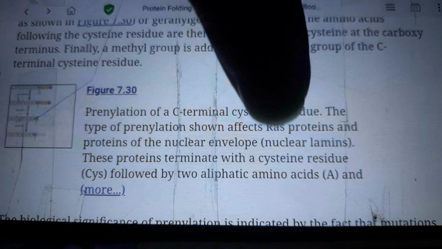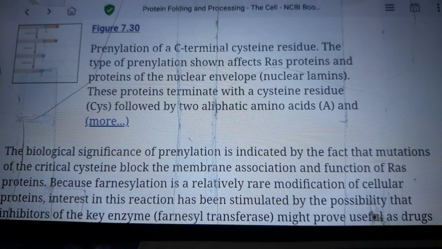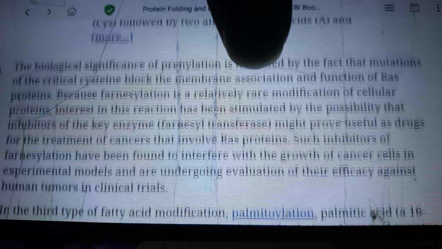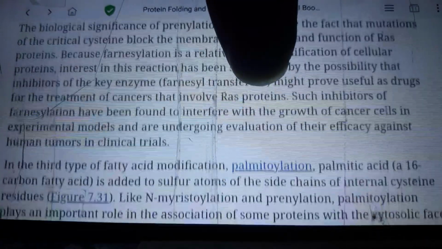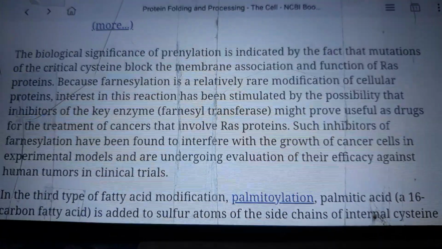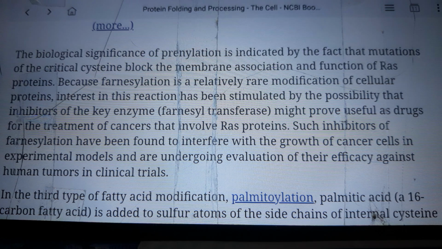Figure 7.3 depicts the prenylation of a C-terminal cysteine residue. The type of prenylation shown affects RAS proteins and proteins of the nuclear envelope, the nuclear lamins. These proteins terminate with a cysteine residue followed by 2 aliphatic amino acids, and more. The significance of prenylation is indicated by the fact that mutations of the critical cysteine block the membrane association and function of RAS proteins. Because farnesylation is a